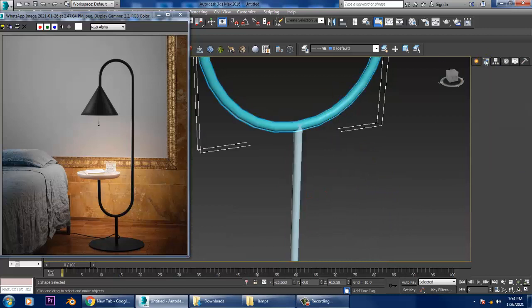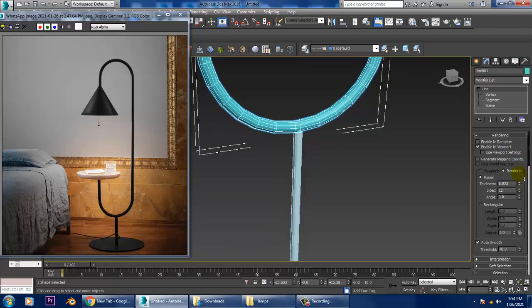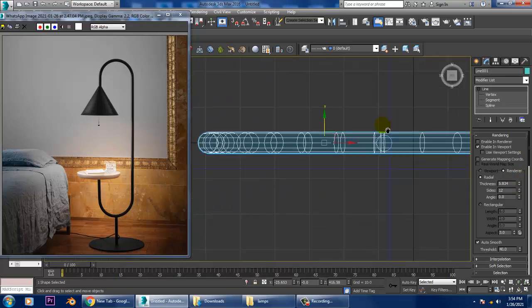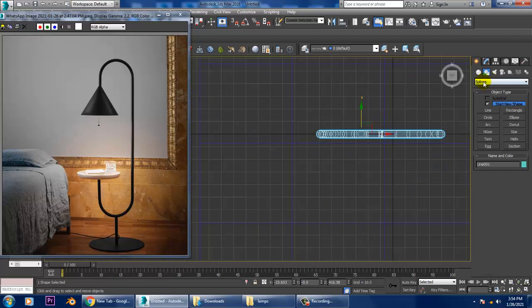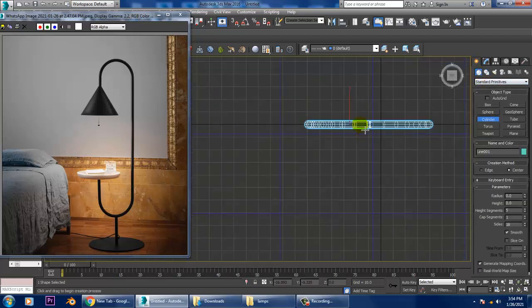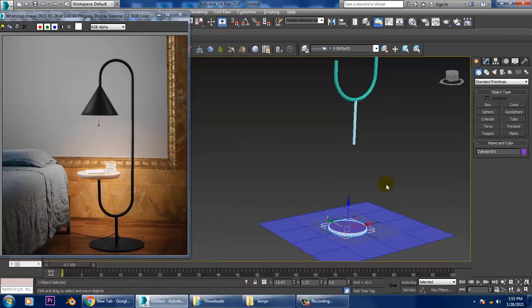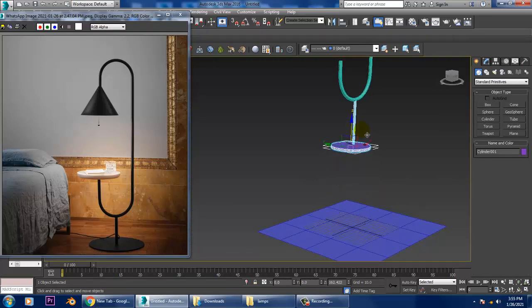Go into this thickness. Go to the top view. Let's go into shapes, standard primitives. Let's take a cylinder. Slightly just push it up.